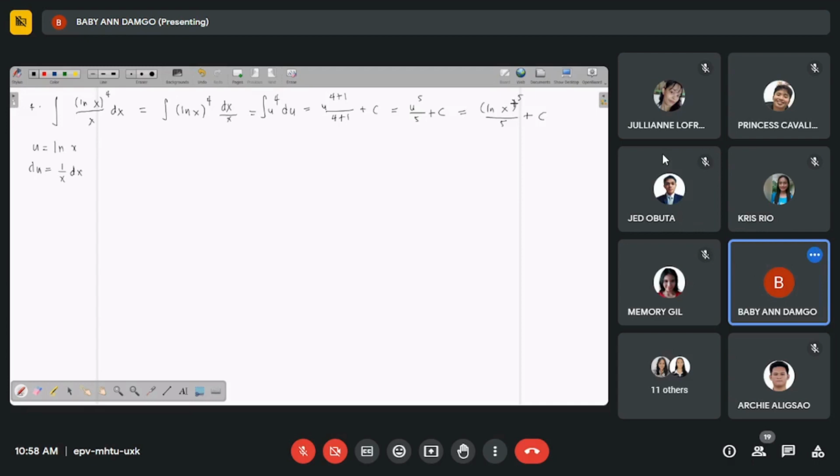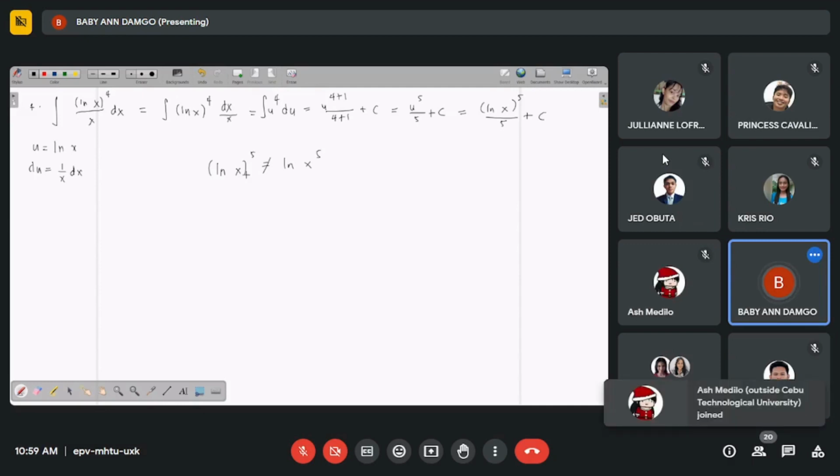So, class, you should not put open, close parenthesis here. Because ln x to the power of 5 is not equal to ln of x to the power of 5. Okay? So, if your answer is written like that, it's wrong, because the result is different. They are not equal. Okay? So,